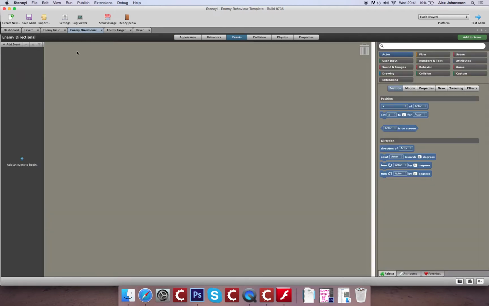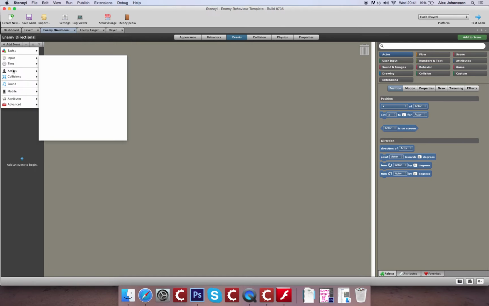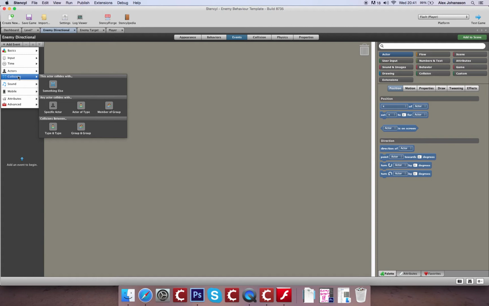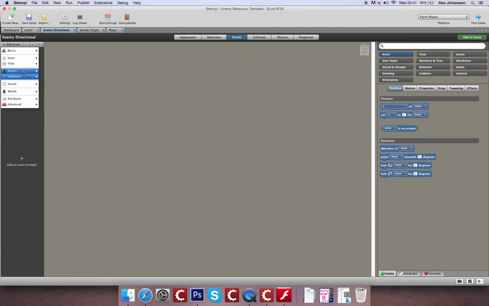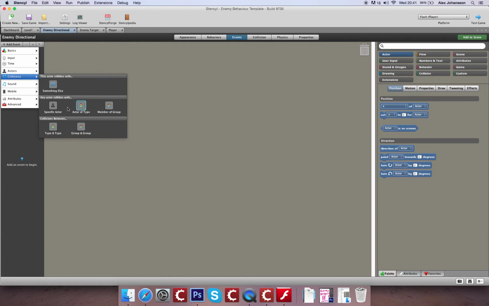So the first thing we're going to do is go into our enemy directional. I'm going to close the basic one because we've already covered it. And I'm going to create myself a new event. Now this event is going to be a collision based event. Usually, when you're dealing with collision, you're colliding with different enemies and actors and objects and things like that. But we're going to use a collision group,